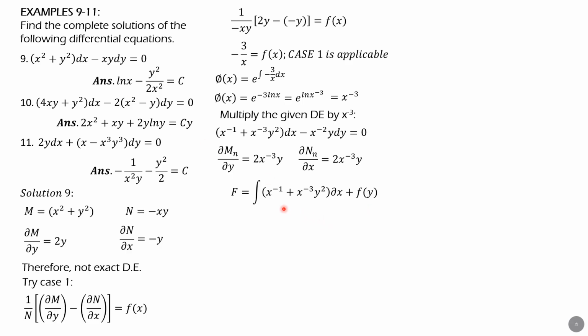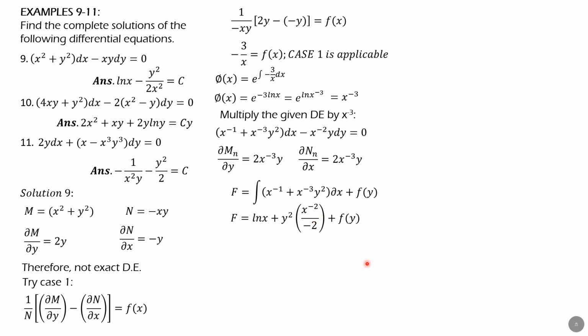And this is the integral of the partial with respect to x, because this is now f of x, or p of x, a function of x alone. So that's dx over x, which is ln x, and y squared is constant. Then the integral of x to the negative 3 dx is x to the negative 2 over negative 2. So we simply copy y squared. So it is ln x, then plus y squared times x to the negative 2 over negative 2